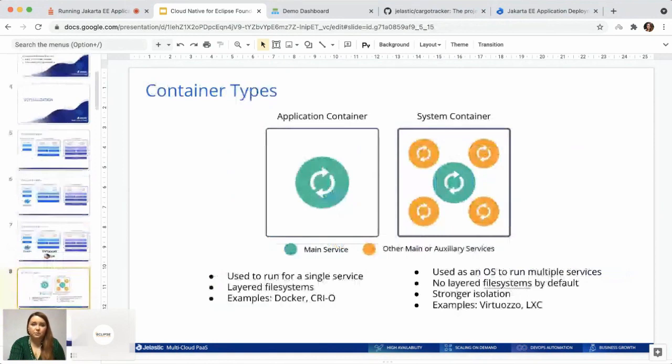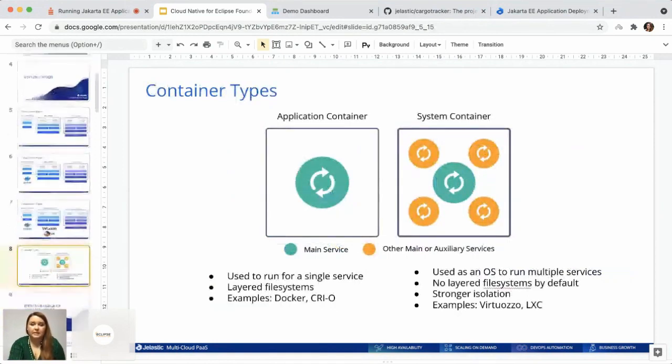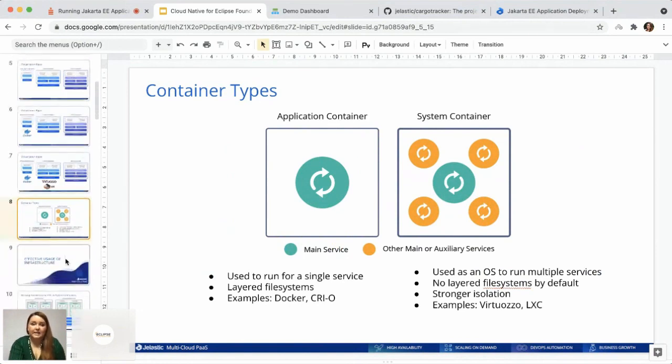So the core difference between an application container and a system container, I would say, is that with an application container, you need to run one service inside one container. With a system container, you can run one main service and some extra services together with that, some SSH daemon or something like that. And this kind of lightweightness made us choose system containers in order to run Kubernetes